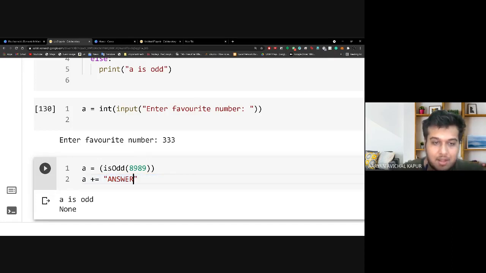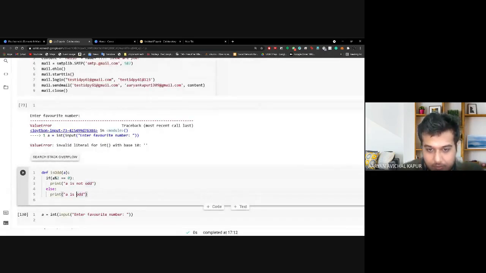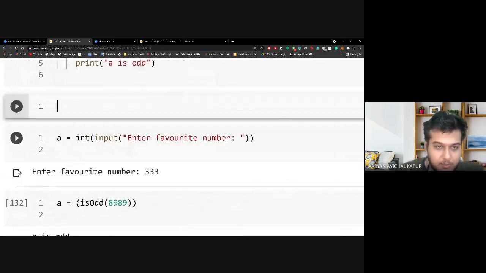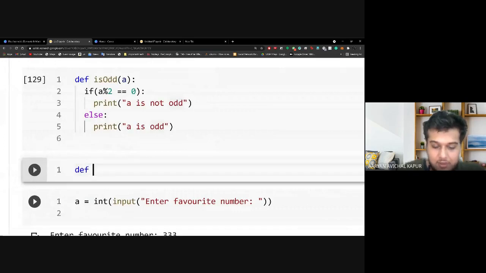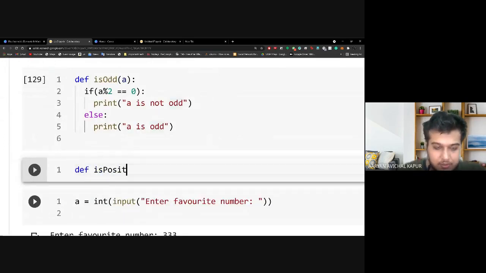So for example, after is odd, I want to pass this to another function. Let me create one more function. Let me name it def is positive, to see if it's positive.